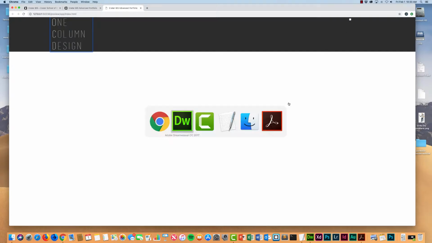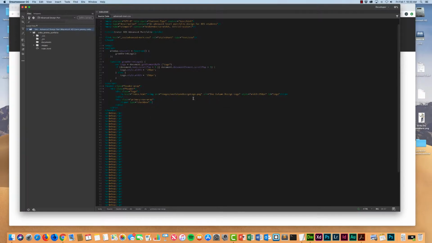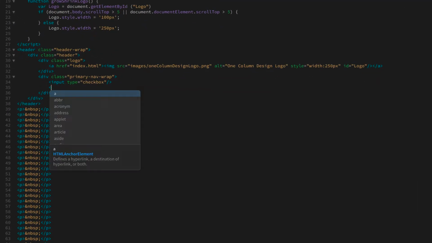Okay, so I'm going to toggle back over, and the next thing we need to do is create a label for that checkbox. So I'm going to hit the enter return key, left caret, and there are some things we need to add to this later on, but we'll build those out in just a minute. Label,